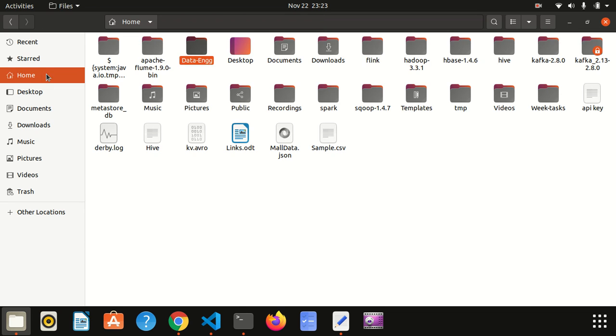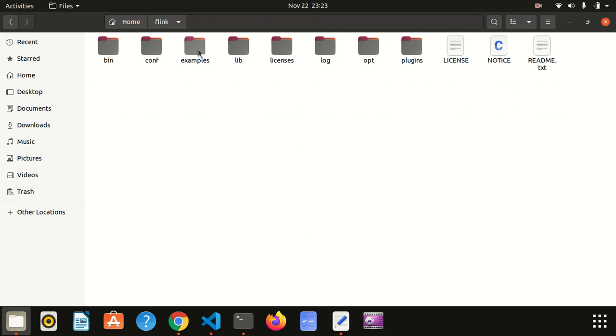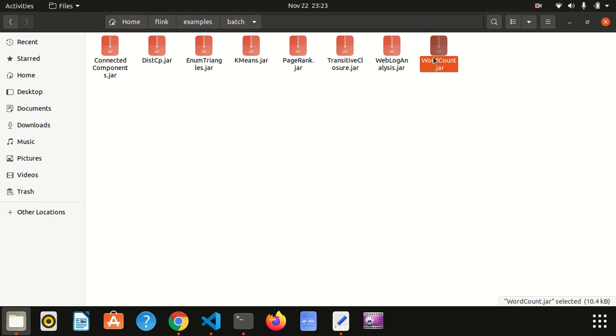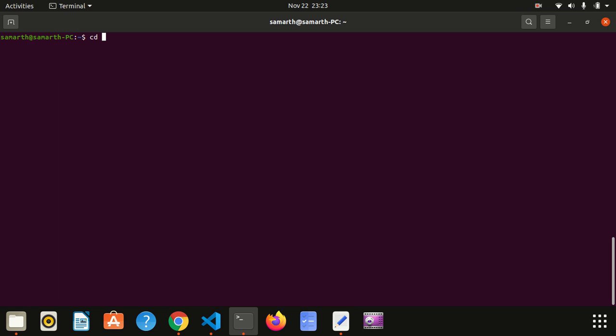So if you have downloaded the Flink software, you will already have some jar files. So you can go inside your examples. So first I will be showing the batch mode. So inside of batch mode I have this WordCount.jar. Okay. So first you will go inside your Flink directory